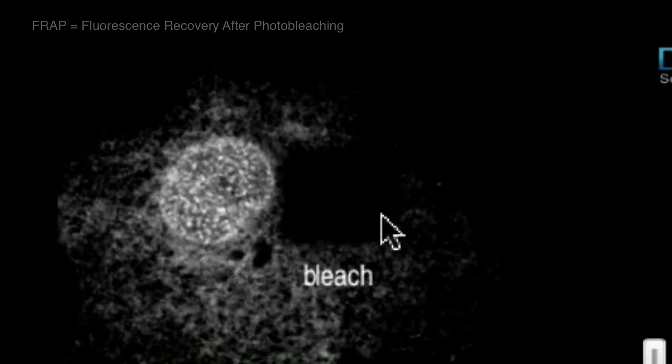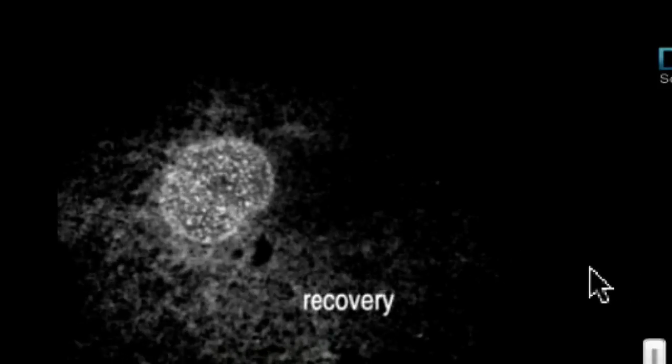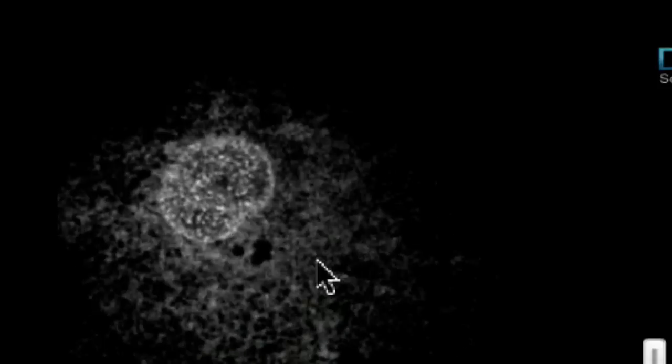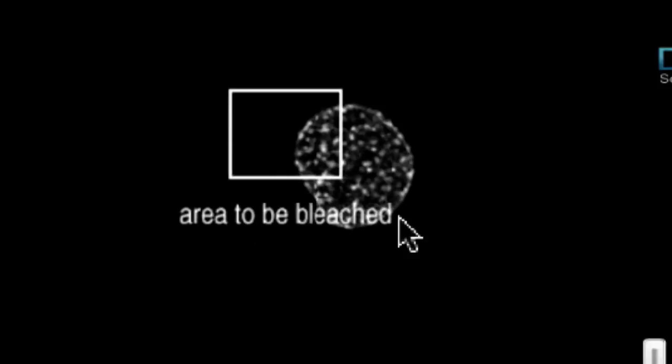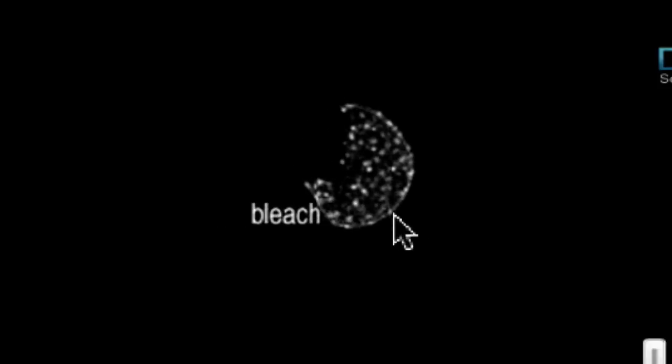Here's the area that will be illuminated by a laser, and you can see the photobleaching. And then a recovery period shows rather quickly that proteins move into the photobleached area. Fluorescent proteins move into the photobleached area. Now in this case, proteins that are anchored to the inside of the nuclear membrane in the nuclear lamina and are firmly anchored there have been photobleached. And after equivalent recovery time periods on the order of minutes, no movement of those proteins occur because they are anchored to lamin.